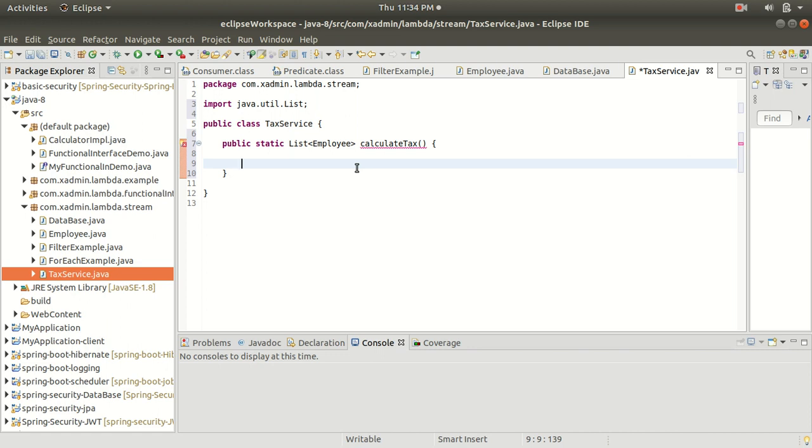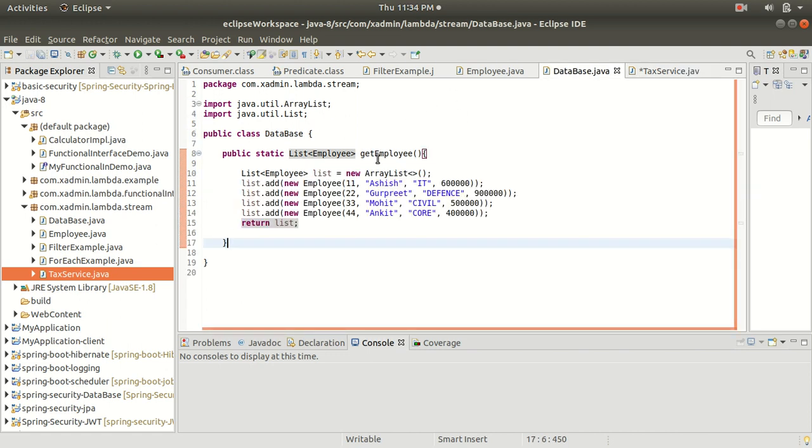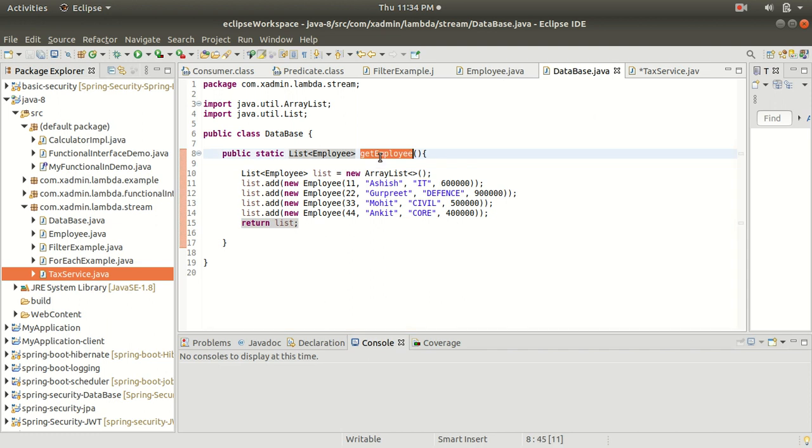So for that, first of all we have to get the list of employees, and I have already created a Database class, and here we have a getEmployee method which returns the list of employees from the database.